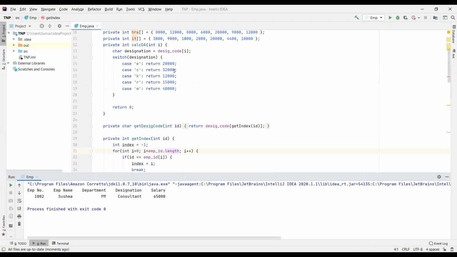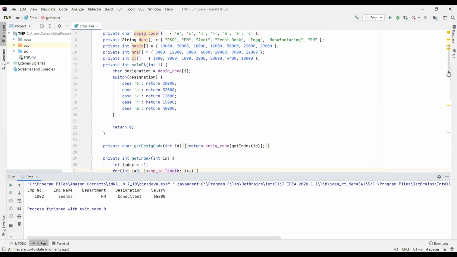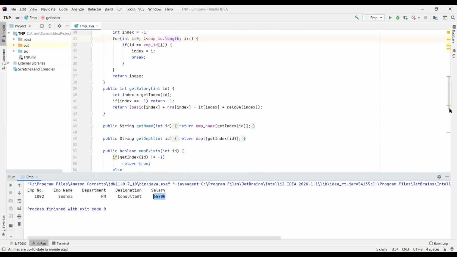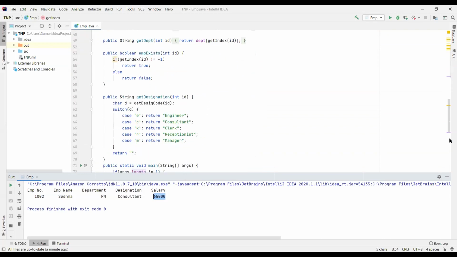Here 32,000. 32,000 plus HRA plus basic, here 30,000 plus 12,000, minus 9,000. What will be the value? 65,000. This is how I am calculating the employee database.